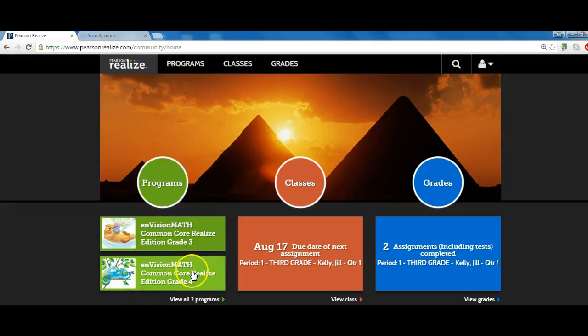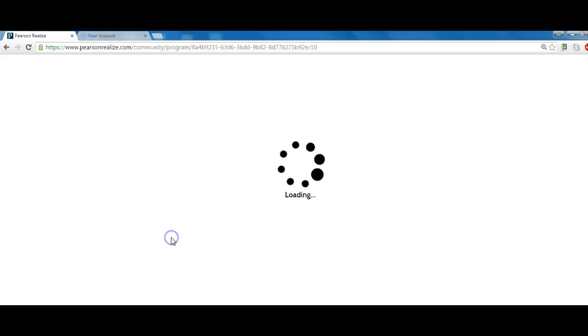I have added the 4th grade because sometimes I have students who might need some enrichment and they can go beyond the text. So for the most part, we will not be using that 4th grade text. If your child clicks on their program, which is the 3rd grade book,